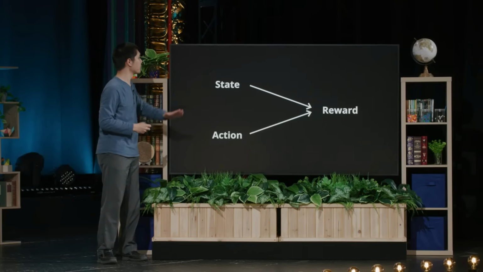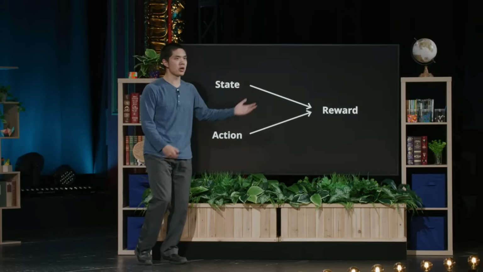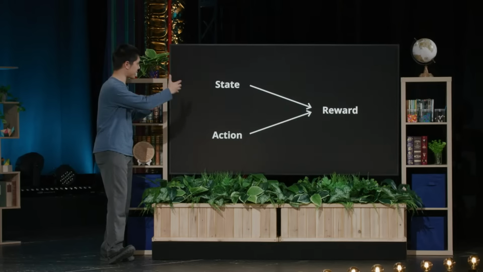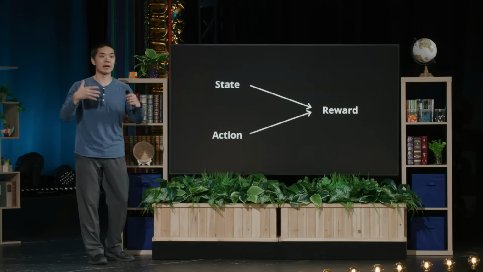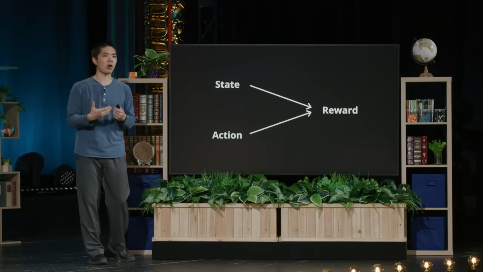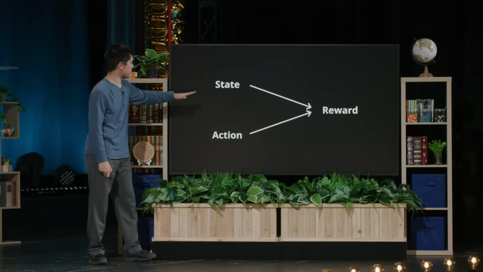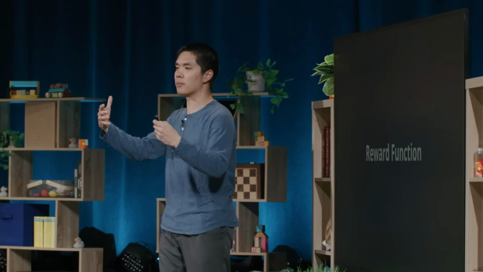And the goal is to learn for all of the possible states and all of the possible actions how to predict what the reward then is going to be. And there are multiple ways, again, that the computer could choose to do this, but this essentially is the fundamental idea of what we're trying to learn via this process of reinforcement learning in this case. And we call this mapping of the state and the action to the reward the reward function. So what we're trying to predict is this reward function that tells us what the reward is going to be depending on what the outcome happens to be.